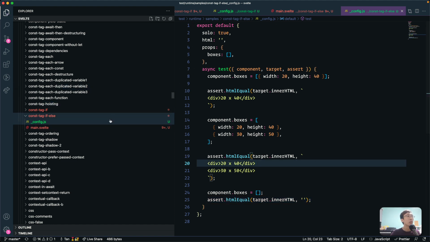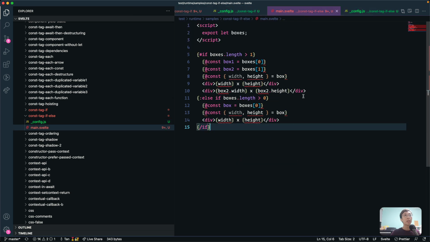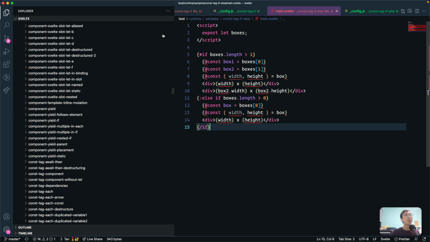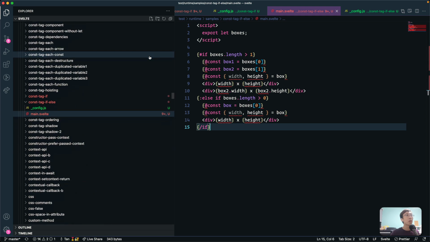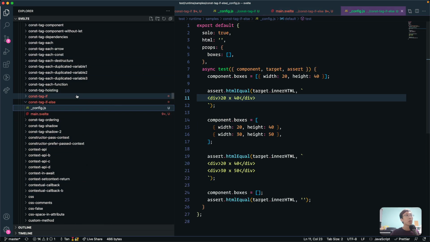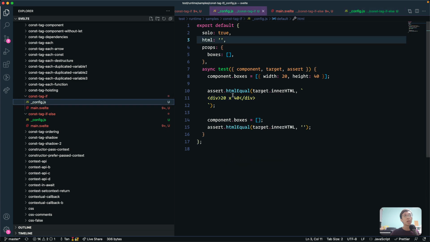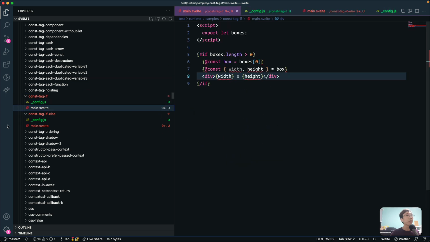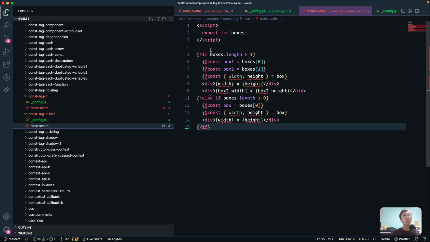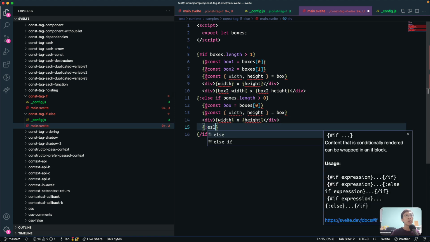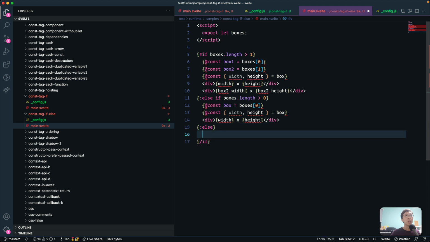So I think these two cases covered most of the things that we're going to test later on. One is a simple one, if something, show something, else nothing, and multiple condition, if else, and final else would be